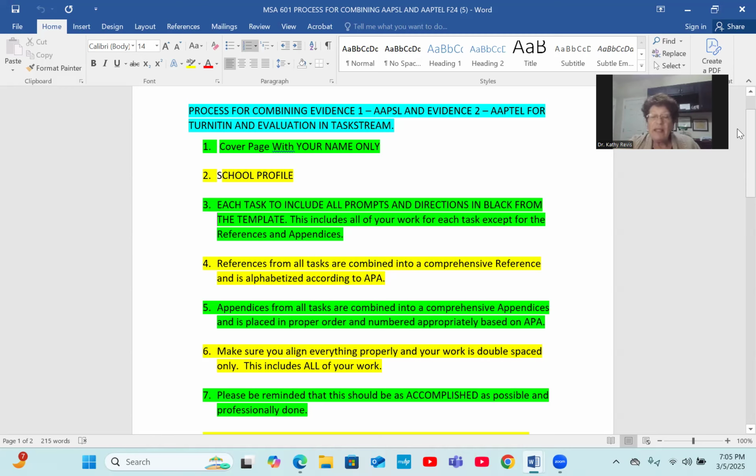Your appendices should be combined together, and of course those are not numbered, those are with letters. Be sure that when you reference that appendix entry in your text, it's the same as what you've put in your appendices. Make sure you align everything properly, double space. I've already gone over that. And remember, we are shooting for accomplished.